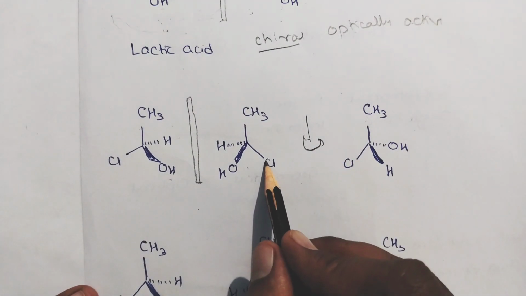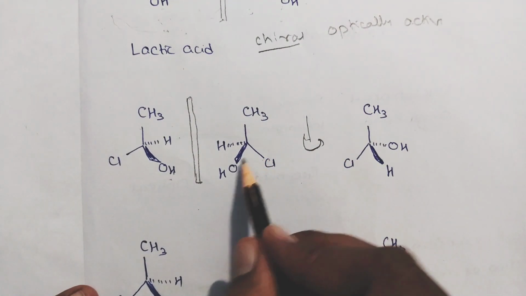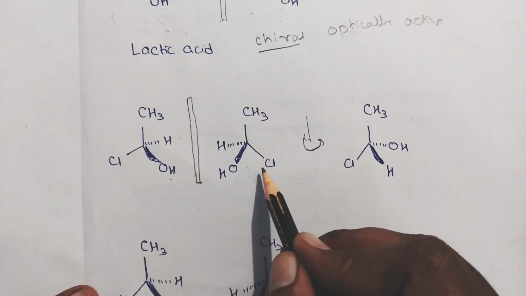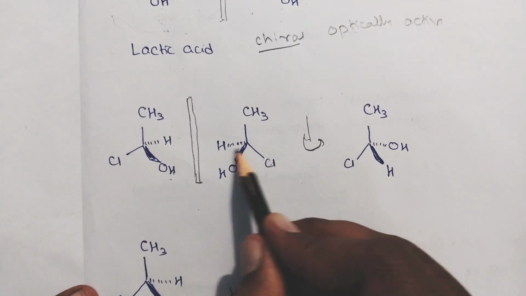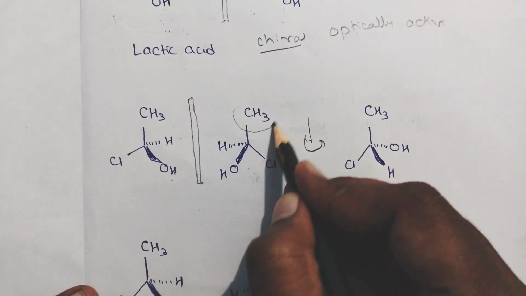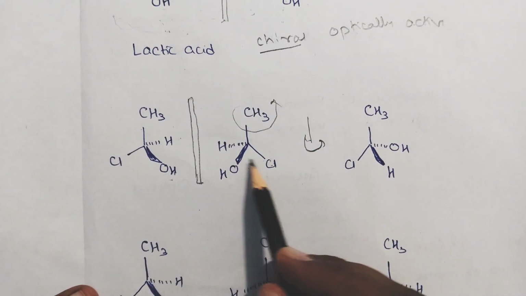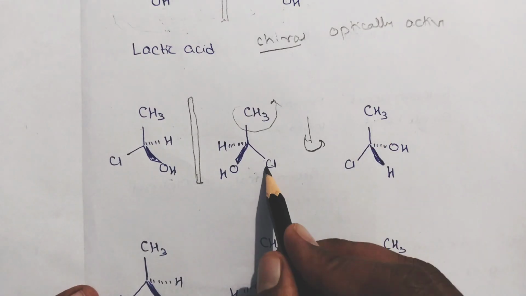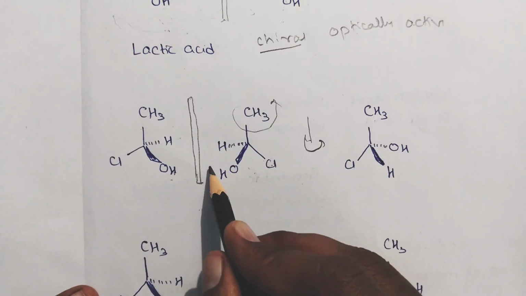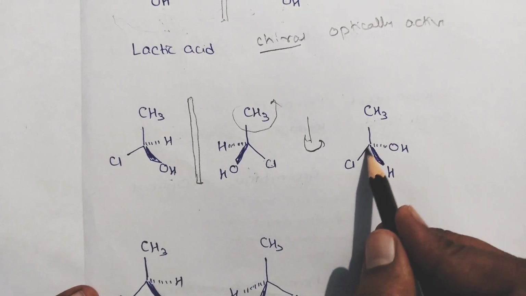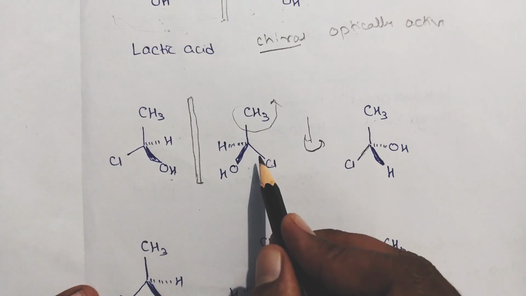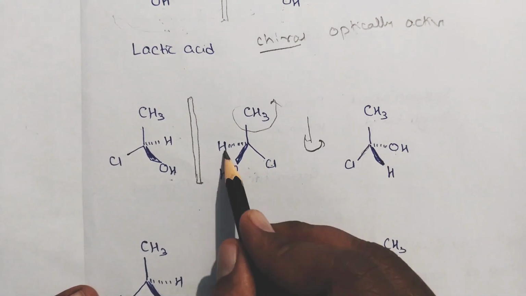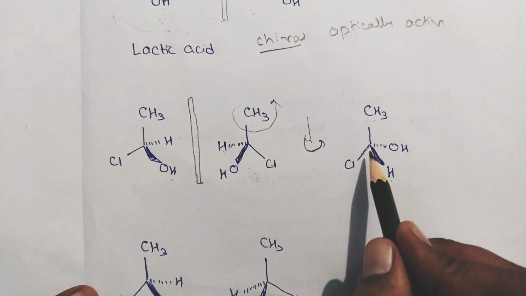so that Cl and OH go behind the plane and H will come above the plane and Cl will be in the plane. When you rotate the structure like this, Cl will be in the plane, CH3 will be in the plane, Cl also in the plane, but it is on this side. OH will go to the back side, meaning below the plane. H comes above the plane. Now check these